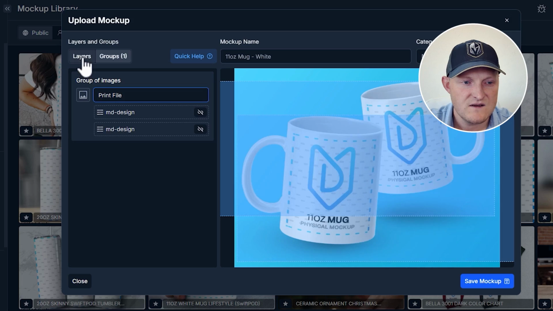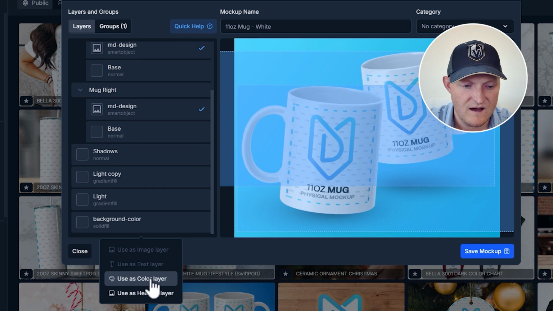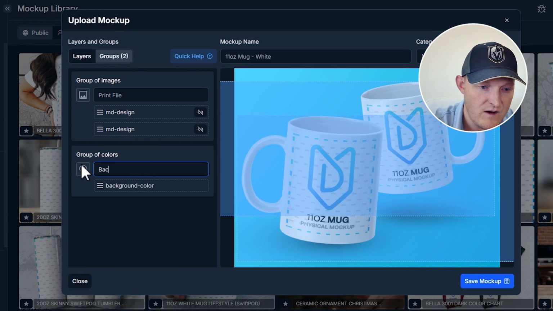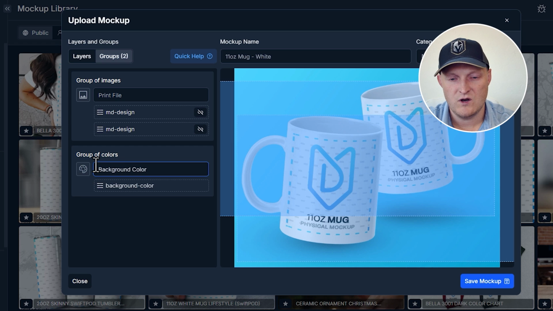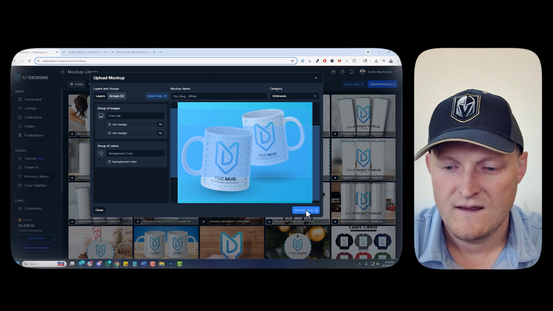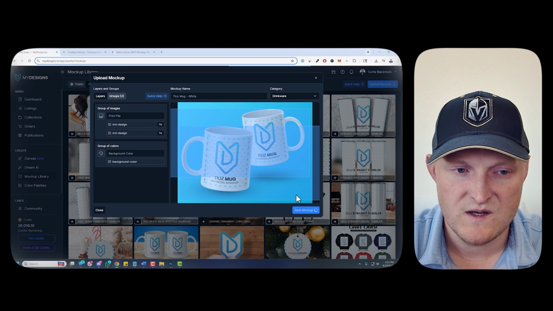these mugs. So now let's go back because there's a background color. So background here, make that a color layer and go back to groups. I'm just going to rename that and just say background color so I know exactly what it's relevant to. So now I can save this. Let's choose drinkware as the category. Leave the name 11-ounce mug white. And let's go over to the listings page now and actually render this so you can see what that looks